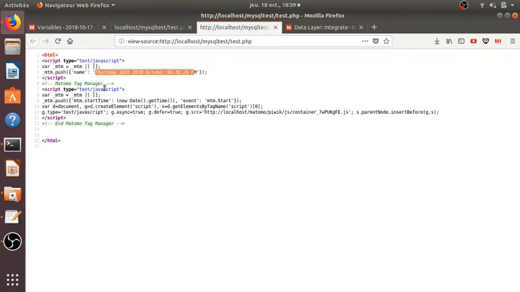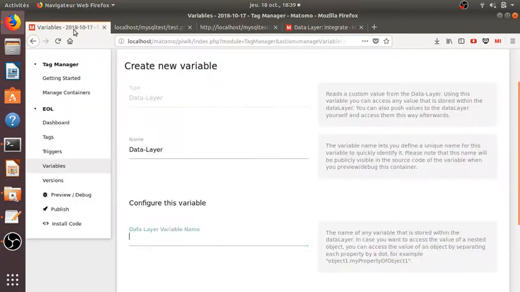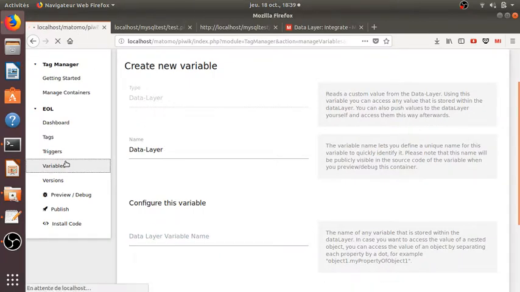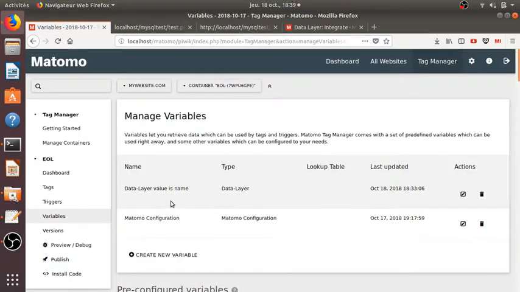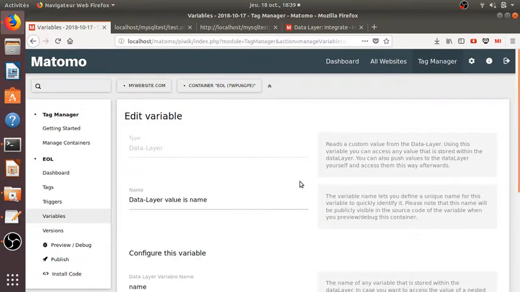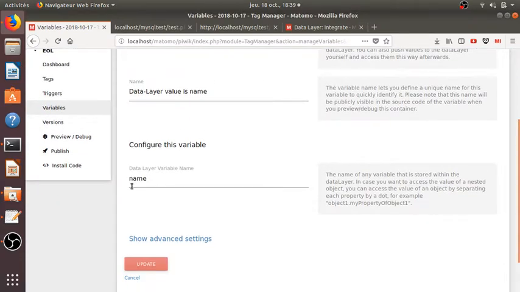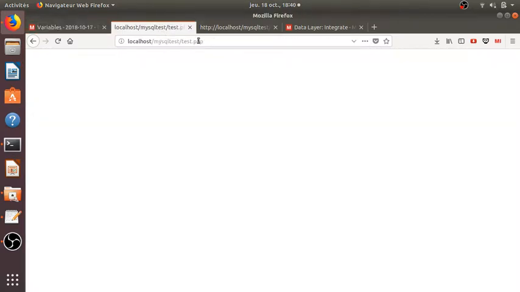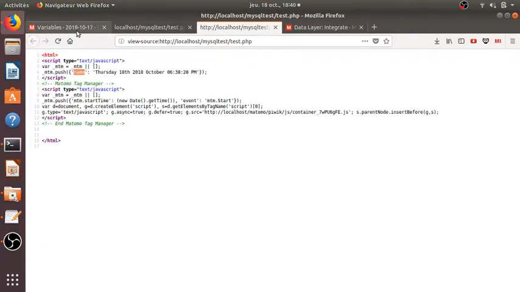As I said, it's a dummy example, because I should have named it with a better name. I chose to name it name, whereas I should have taken the word date. It would have made more sense. But basically I created this variable, whose name, as you can see here, is name, the type is data layer, and I gave it the name that I assigned to my data layer here.